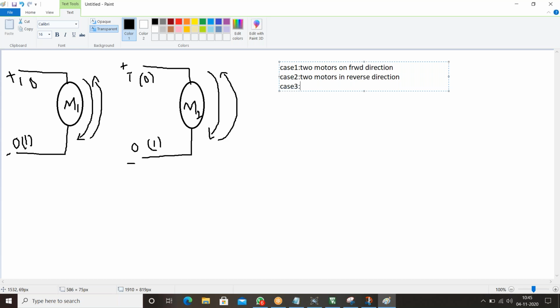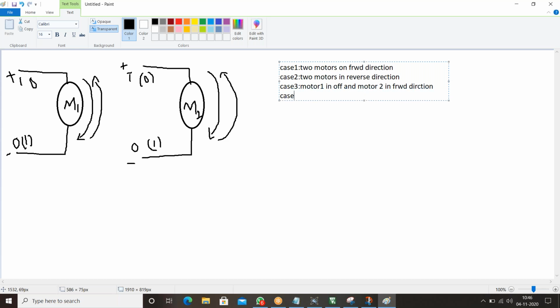You'll get so many cases, right? Motor 1 should be off, and motor 2 in forward direction. This is my third case.